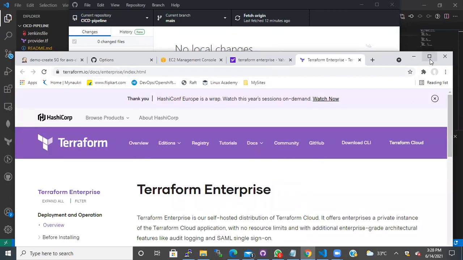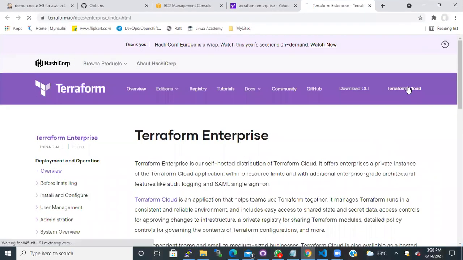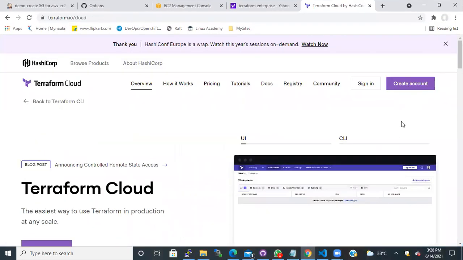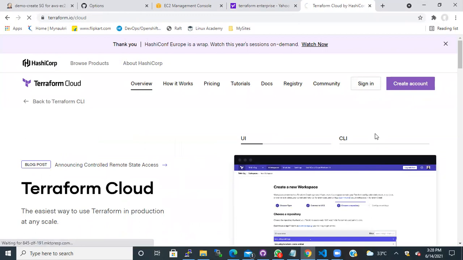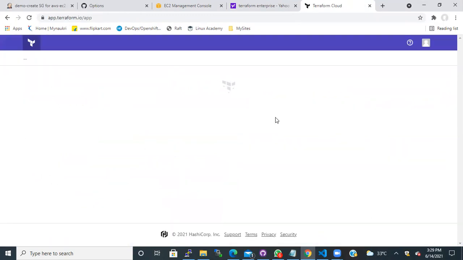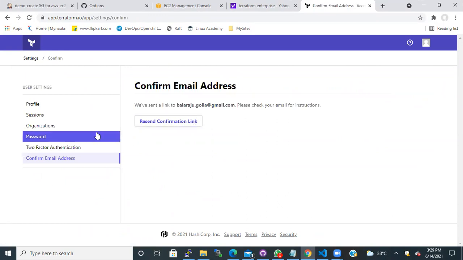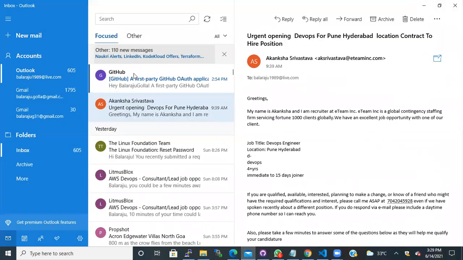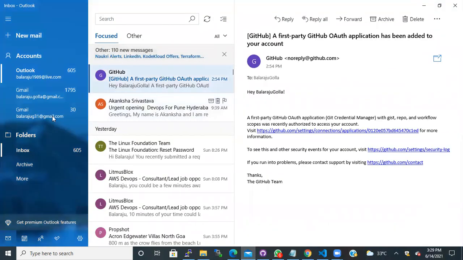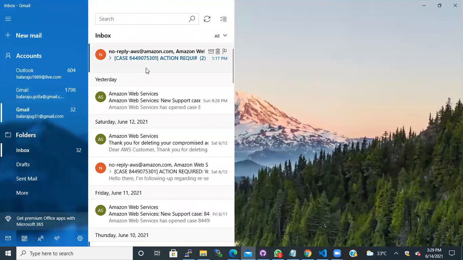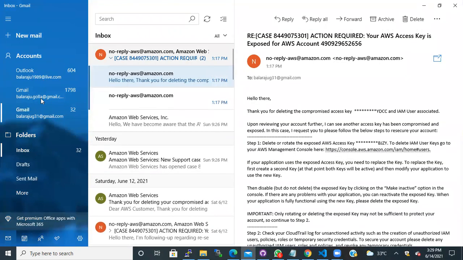Again, I am also going to do that. Sent a link to Balaraju. Terraform says action required.